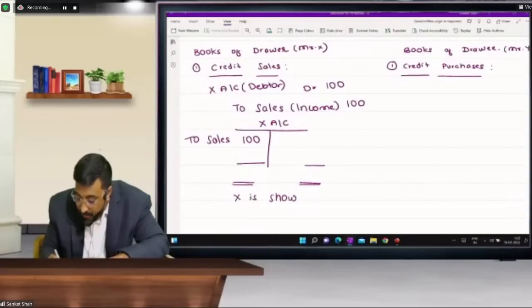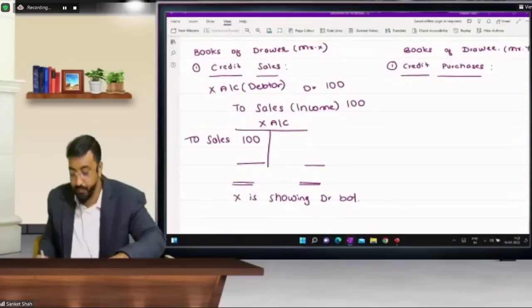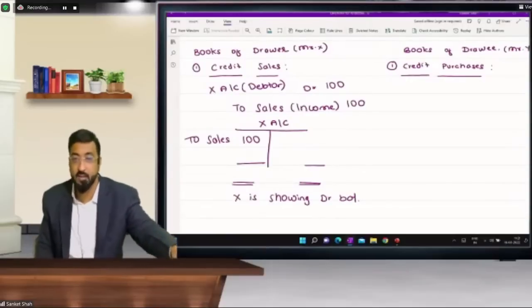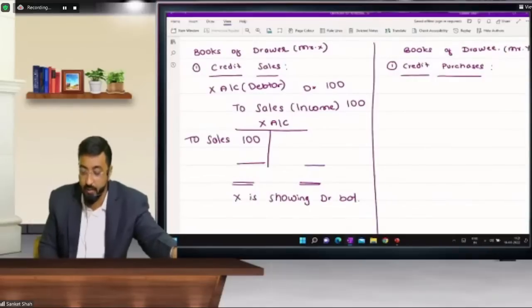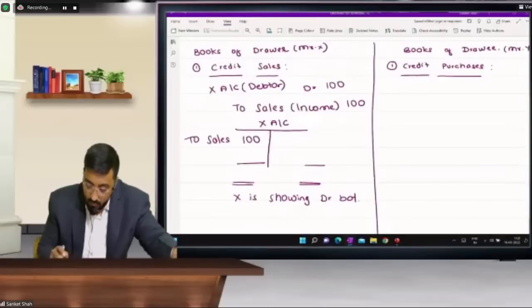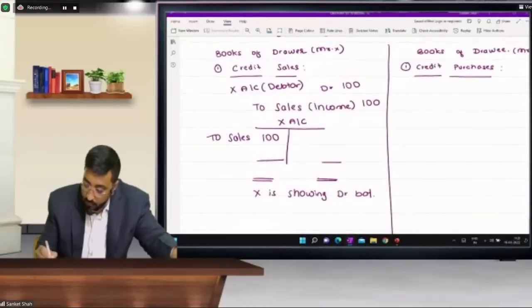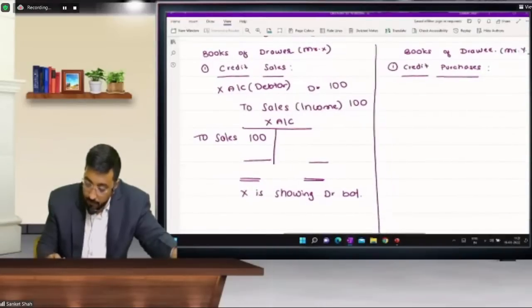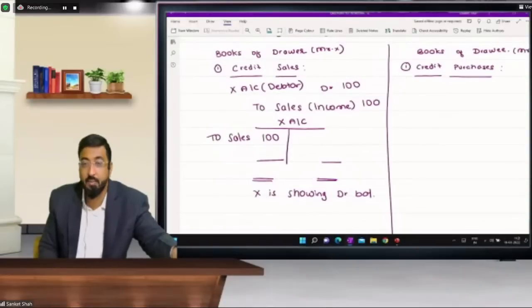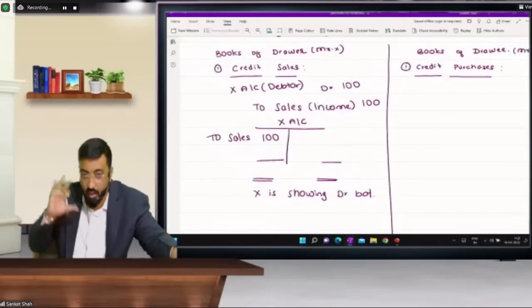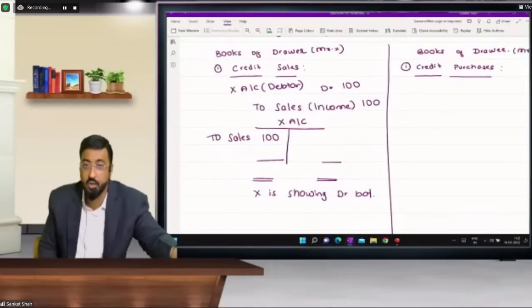But at this stage, you must visualize your accounting. X is showing debit balance. We will do the draw's entries afterwards, otherwise there will be some confusion. So credit sales,